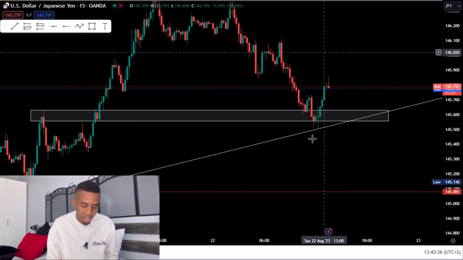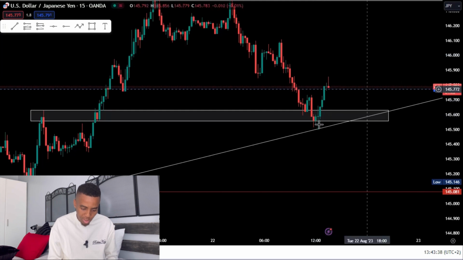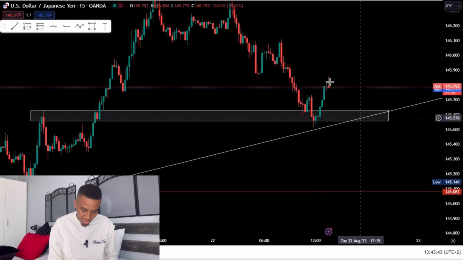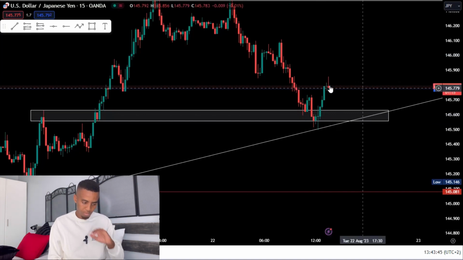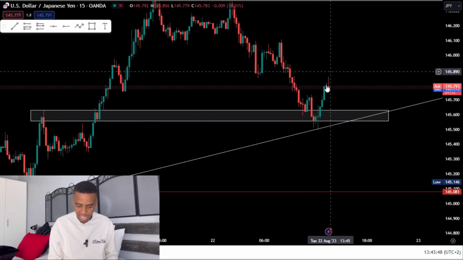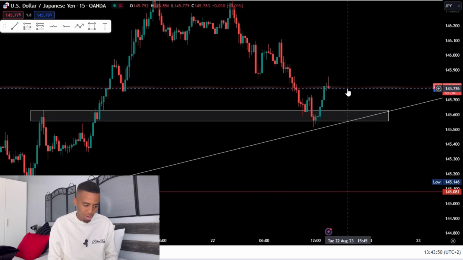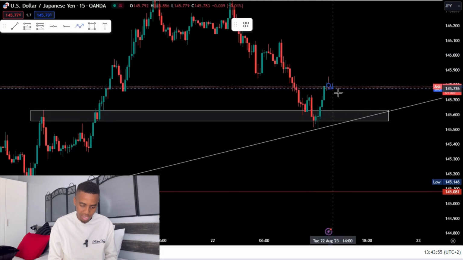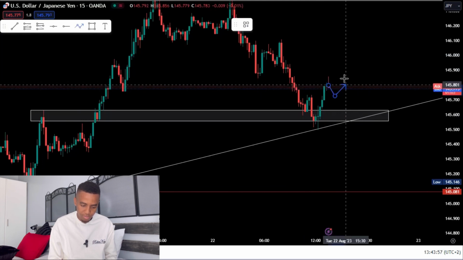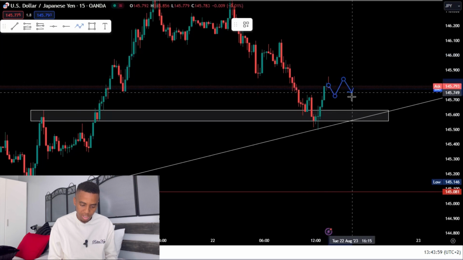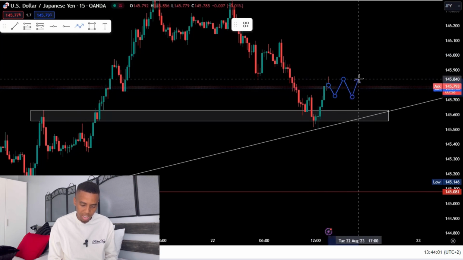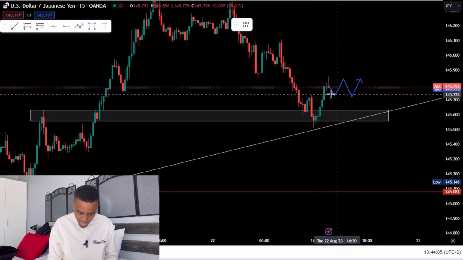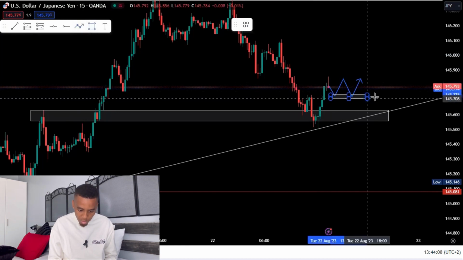So now, because I already missed this, I'm going to look for maybe it coming back and giving me a double bottom here, then I would enter, or some sort of structure here, maybe like a range. If it starts ranging here, I'll obviously enter at the bottom of the range. So let's say it starts doing this. This is where I'm going to enter this trade, at the bottom of the range,